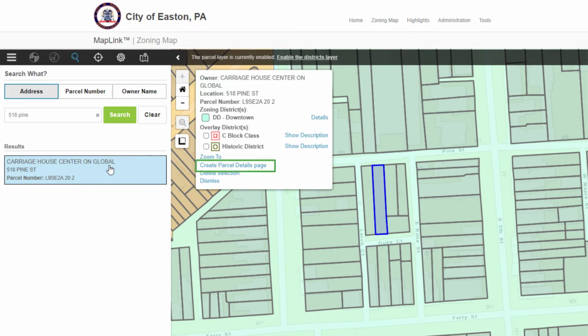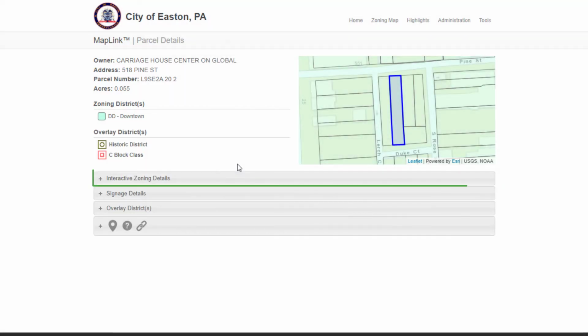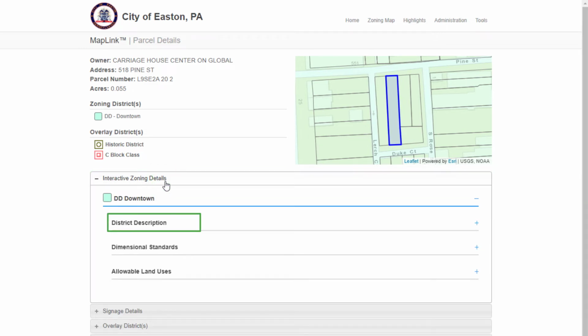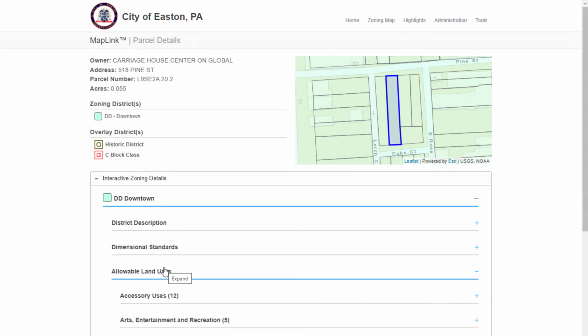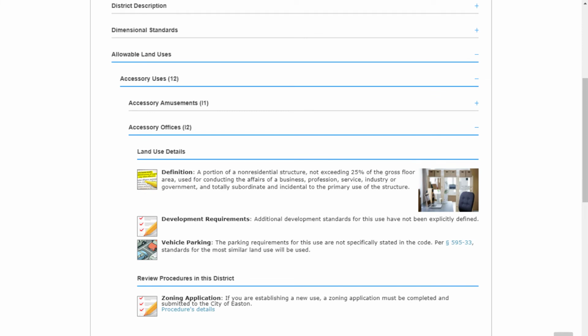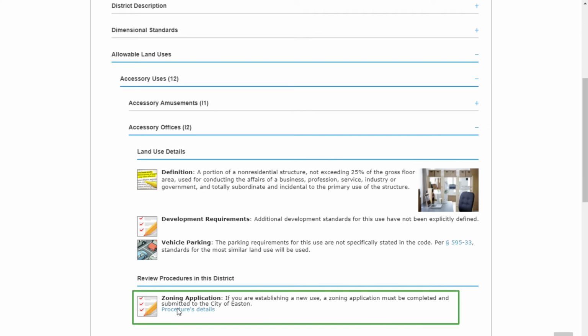Dig deeper by creating a parcel details page that displays additional information about the property. Expand the interactive zoning details to view how the district is described in your community's zoning code, the essential building requirements and setbacks, as well as all the allowable land uses for that parcel. Applicable forms and permits are linked here as well, so you can be ready for the next steps in your